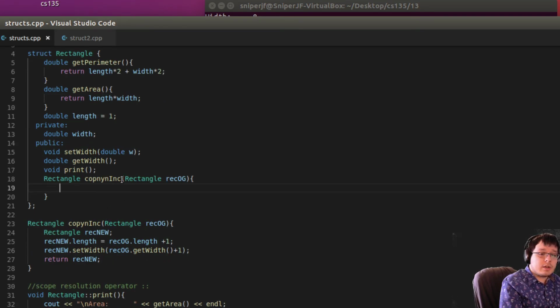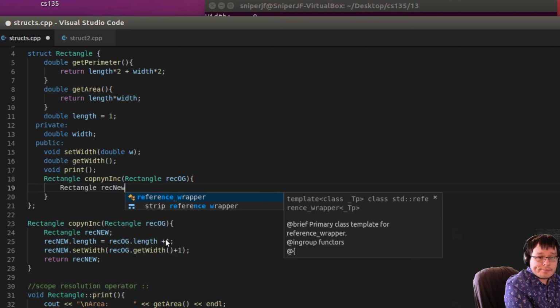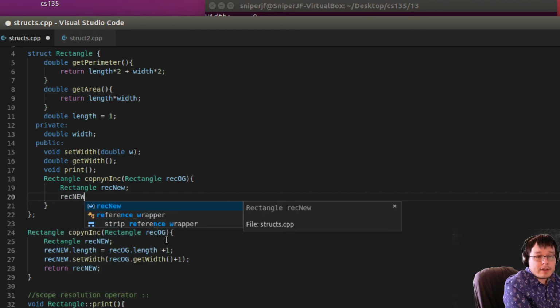But we are going to make it a member function, okay? And I guess we'll do it inside first, and then I can move it outside. So it's going to be very similar to the code that we had there. So we're still going to have a rectangle rec new. And then, here we do need to say rec new dot length